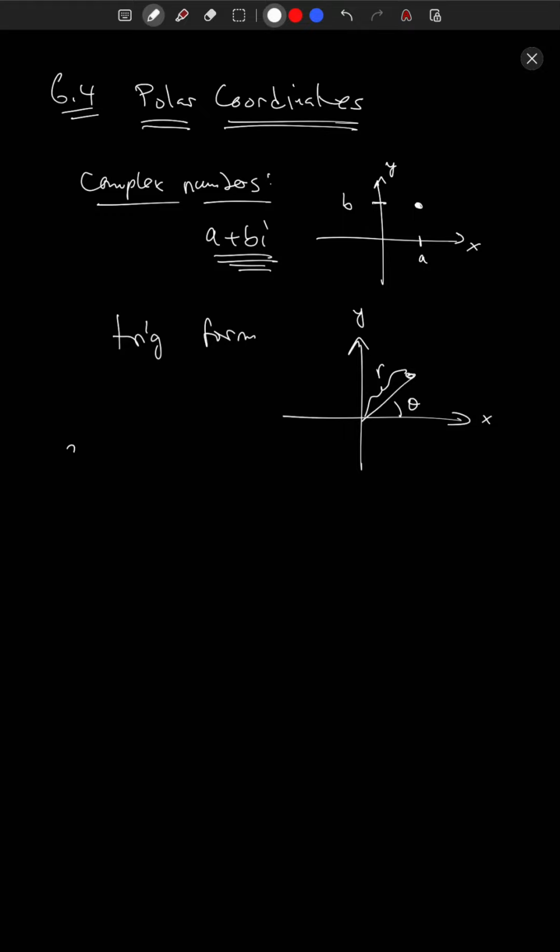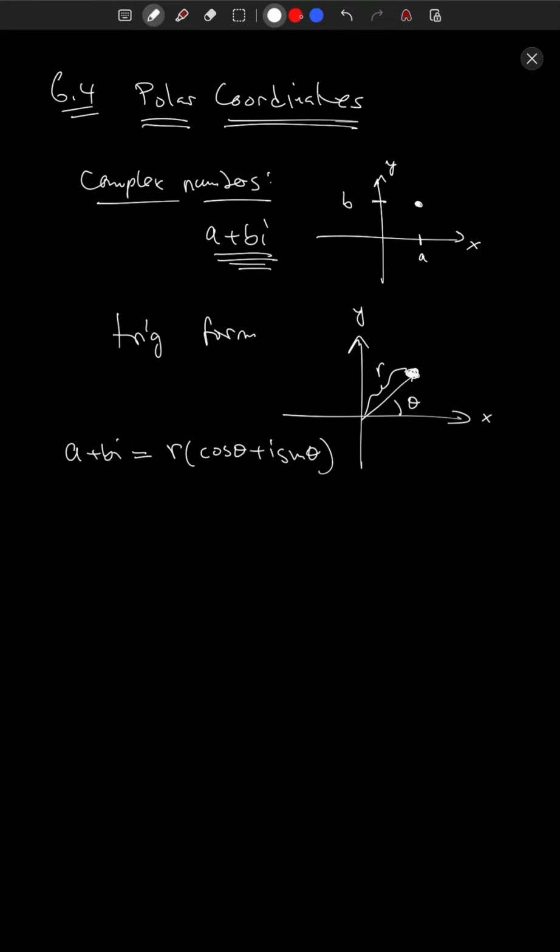On the right-hand side, this would be r times cosine theta plus i sine theta. So from this perspective, you're describing the complex number in terms of theta and r instead of a and b. All right, so